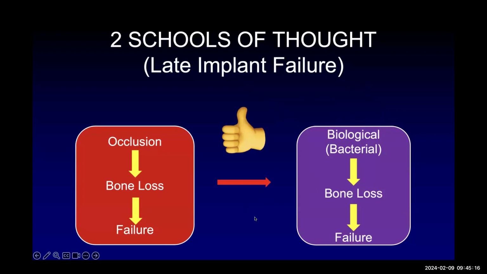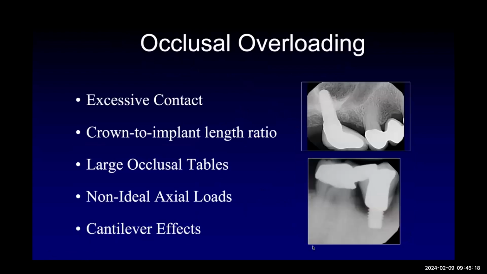And that's something you have to take into consideration because when you do lose bone, say on this lower x-ray, that might be force related at the beginning, but once you get those threads exposed, unless you graft that or eradicate it, you're going to continue to get bone loss from peri-implant disease from that. But occlusal loading comes from a lot. We cause a lot of this because of where we put the implant, how we make the prosthesis, and it's all these non-ideal